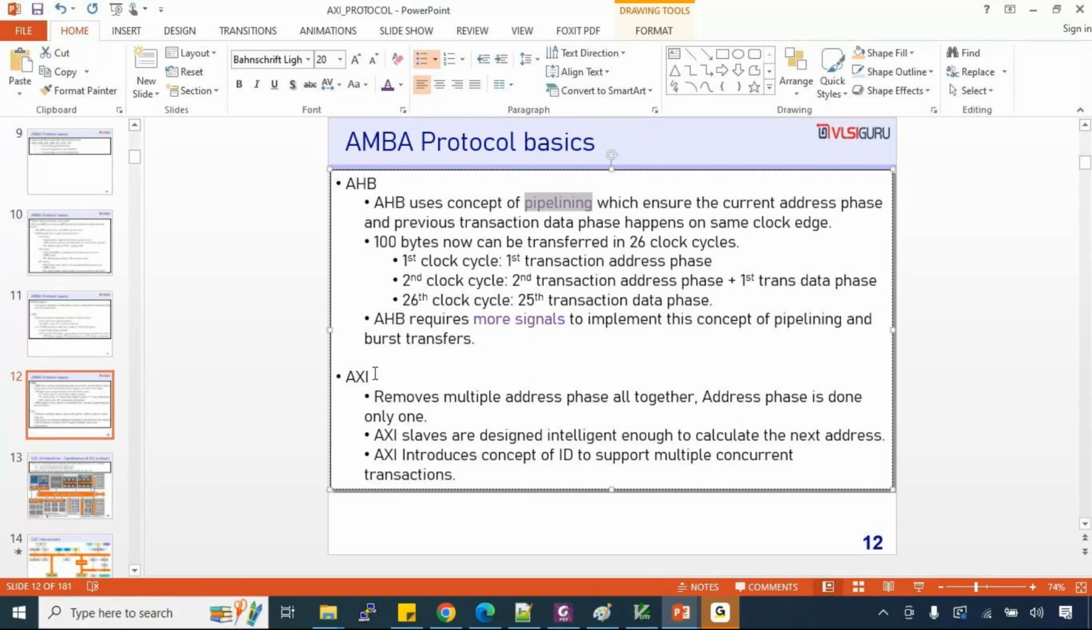Now let's go to AXI. I told you that AXI gives you better performance than AHB. Now the next question comes: whatever improvement we can do, we have done, right? Can there be anything more that you can do? What AXI does is,